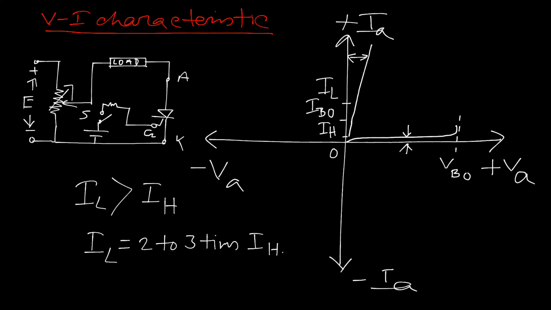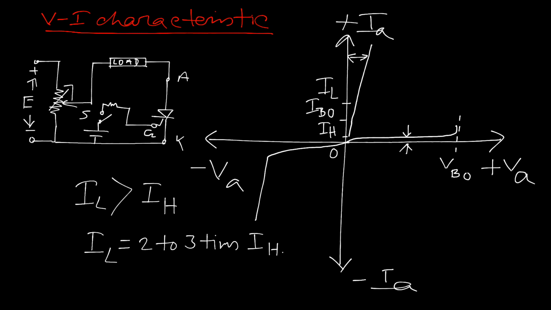Anyways, now think about reverse biasing. We have identified what the breakover voltage is, what the forward blocking state is, and what the forward conduction state is. Now, if the cathode is more positive with respect to the anode, what happens? As we know, in reverse biasing condition, two junctions, J1 and J3, form the depletion layer. That is why the reverse leakage current starts flowing, and after a certain time it increases rapidly with respect to the reverse biasing voltage.